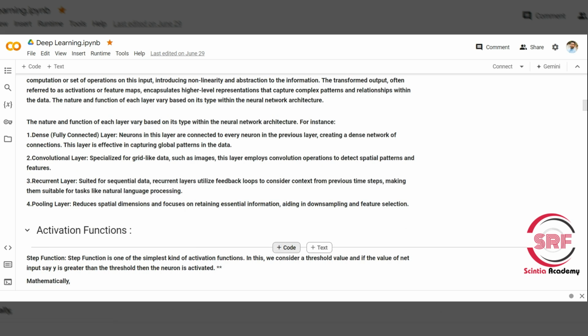The convolution layer is specialized for grid-like data such as images. This layer employs convolution operations to detect spatial patterns and features, I mean the hidden patterns and features. Recurrent layers are suited for sequential data. Recurrent layers utilize feedback loops and consider context from previous time steps, making them suitable for tasks like NLP, natural